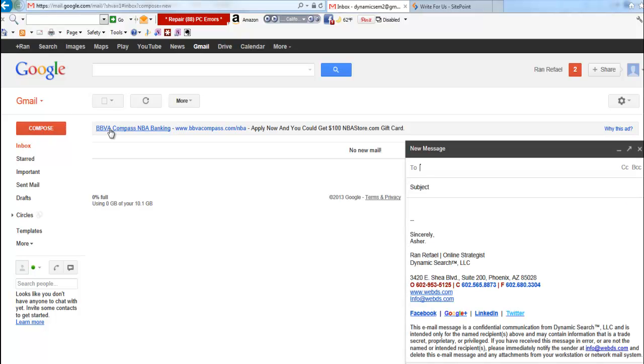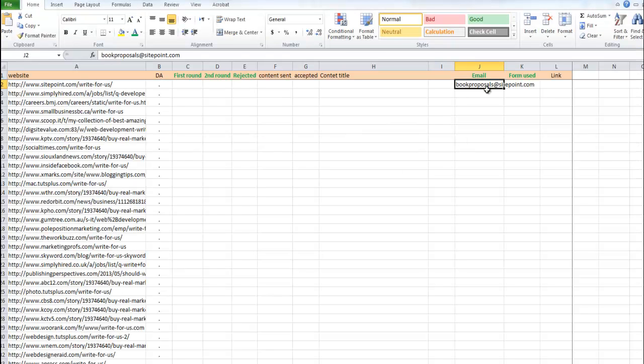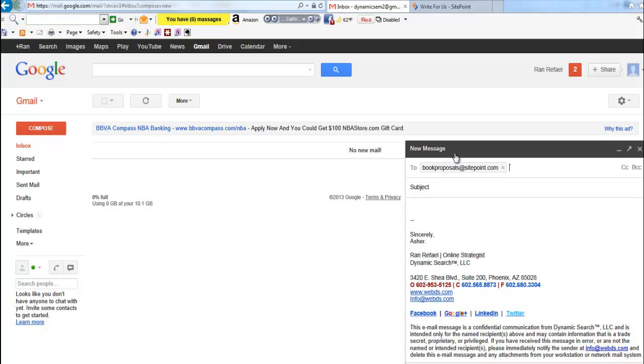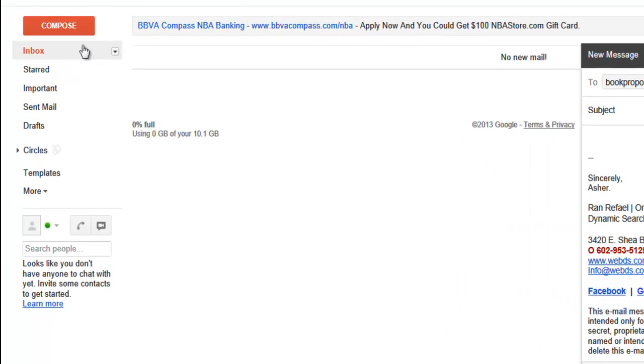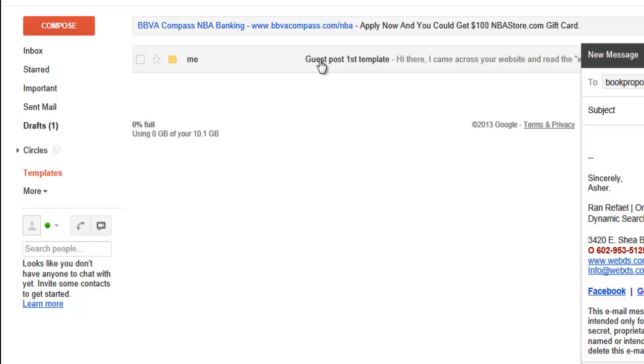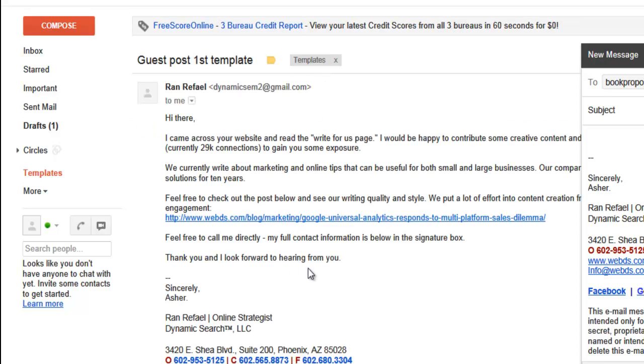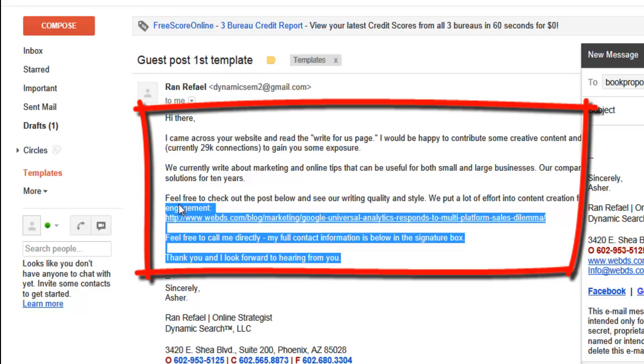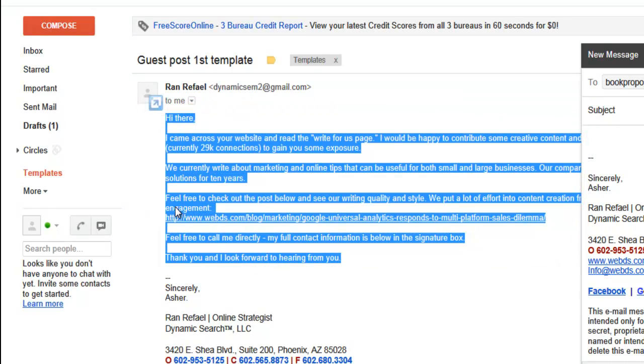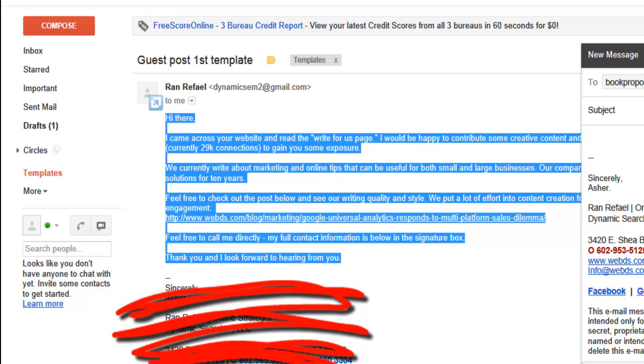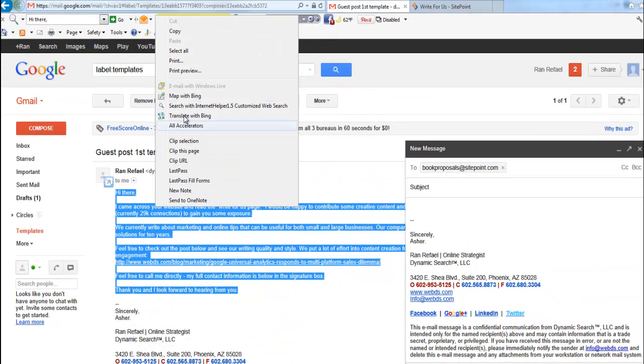I'm going to compose an email. I'm going to use the email that we put in the Excel sheet. On the left side, you're going to see a folder called templates. I'm going to click on it, click on the template email, and you're going to copy everything above the signature. So it's all this section. You will not copy the signature. Click copy,